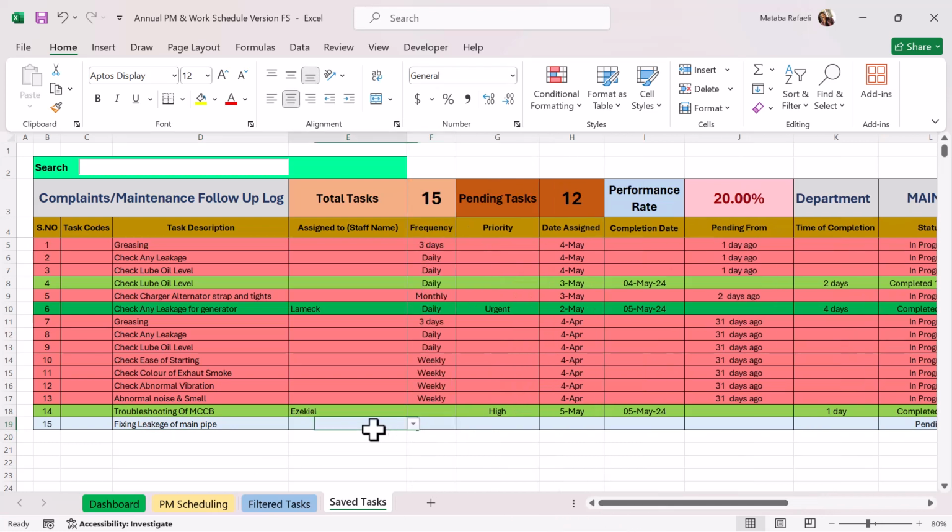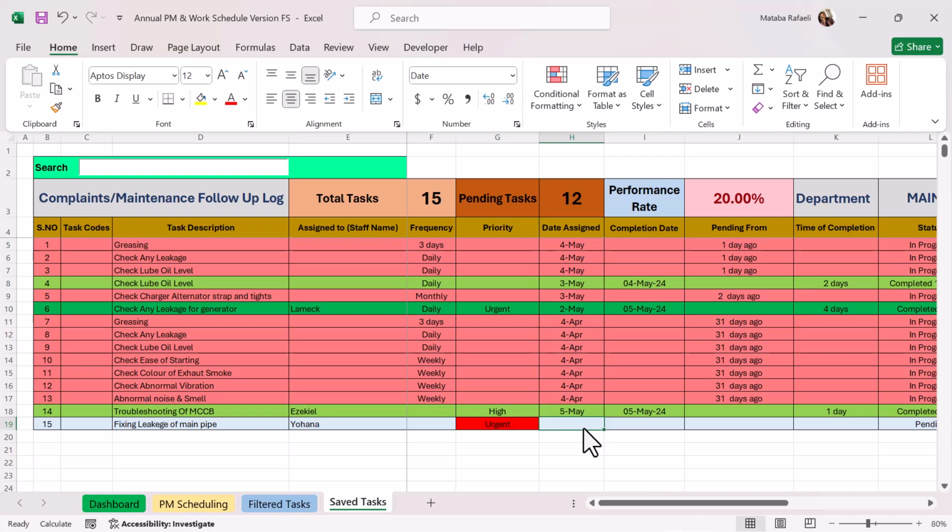I want to assign this one to Mr. Plumber. Let me say my Mr. Plumber is Johanna. Now I should give priority. Let's say this could be urgent, because if we lose a lot of water,